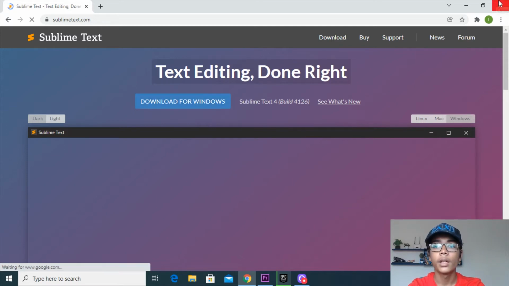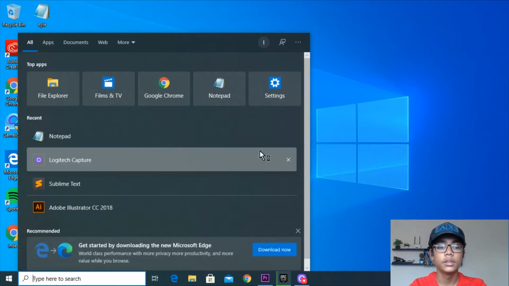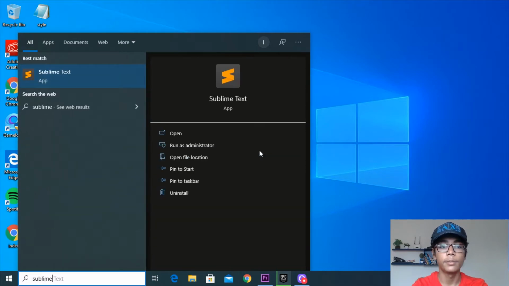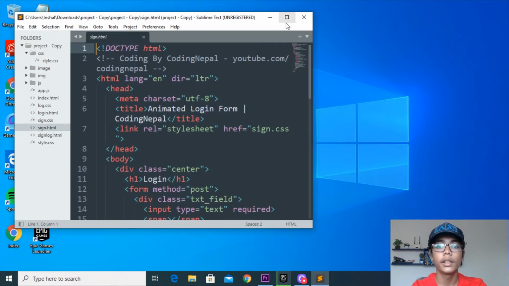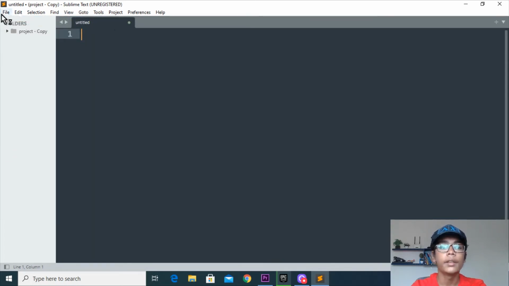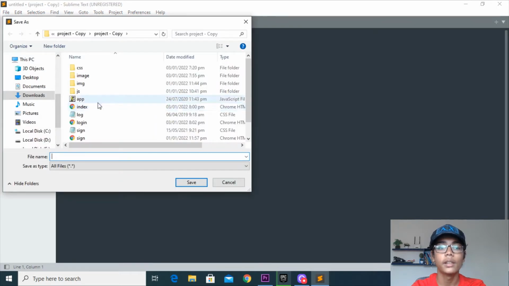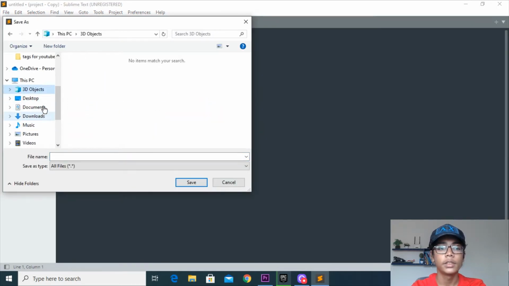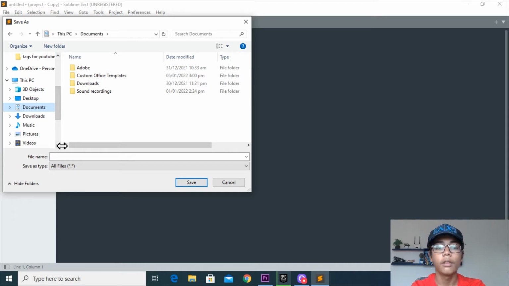When you have downloaded that, you have to move here and write Sublime Text, and then press enter. When you do that, you will get a simple interface. You will get nothing here, and here you have to make a new file. When you make a new file, save that in any location you want, and just remember one thing: where you are saving your HTML files, save your CSS file there also. If you don't do that, your CSS code and your HTML code will not be combined, and it will give an error like you have not defined the locations of that.